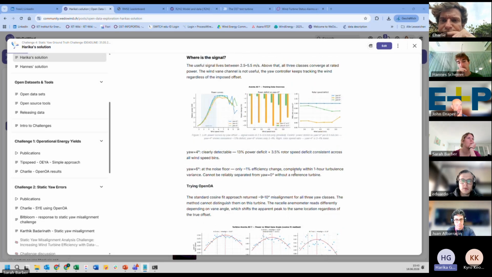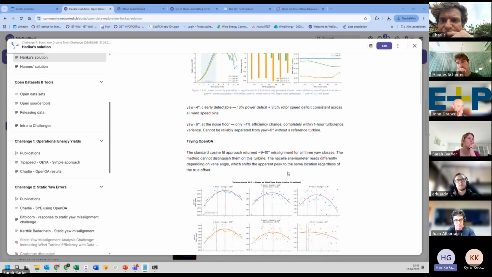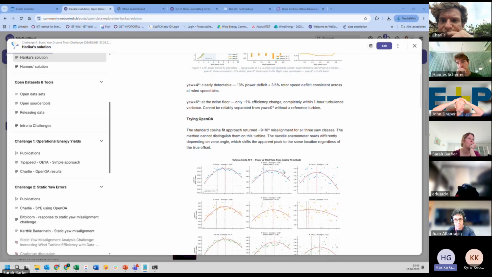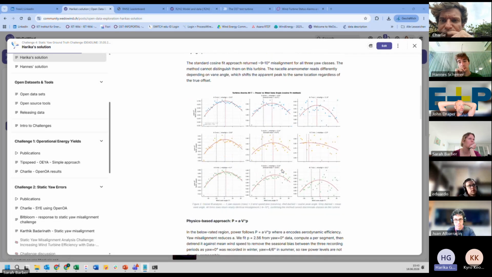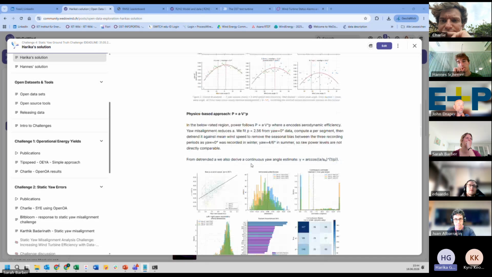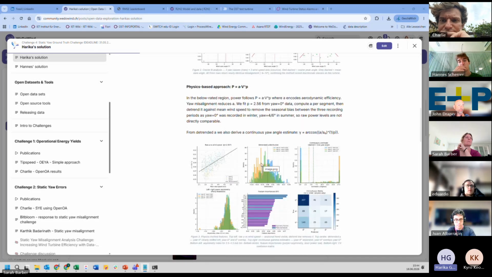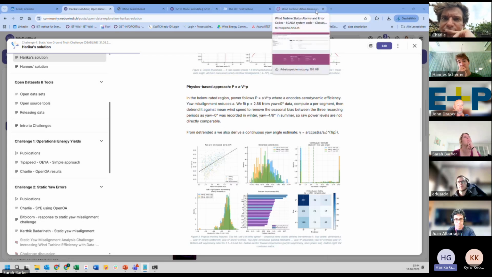Then I went further and ran the OpenOA model to see what results it shows. As I mentioned, it was very hard to understand the binned data, and especially to find a trend. Then I used the physics method where you put the power law, and I could see a bit of an overlap, but there was an asymmetric distribution of the power curves.